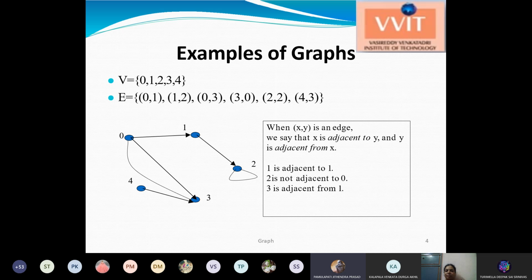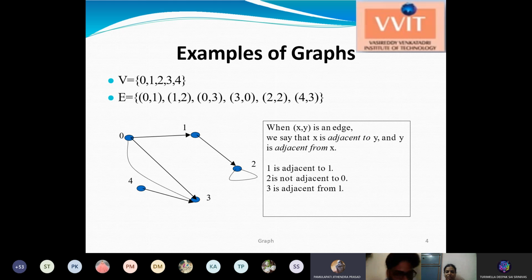The edges are from 0 to 1, there is an edge; 1 to 2, an edge; 0 to 3, an edge; 3 to 0; 2 to 2; and 4 to 3. These are the different edges I have in the graph. This is the notation we generally use in mathematics. Mathematics represents the vertices and edges like this.